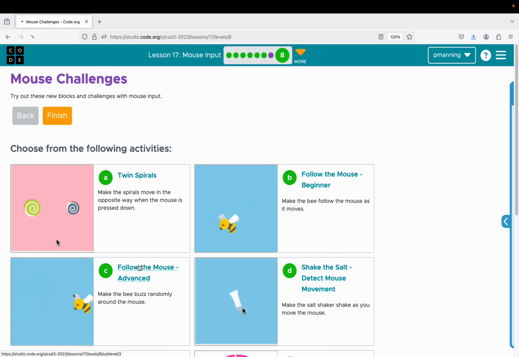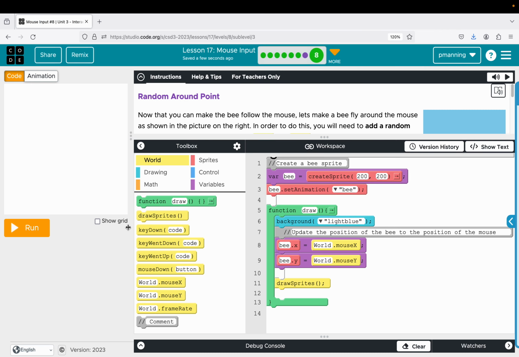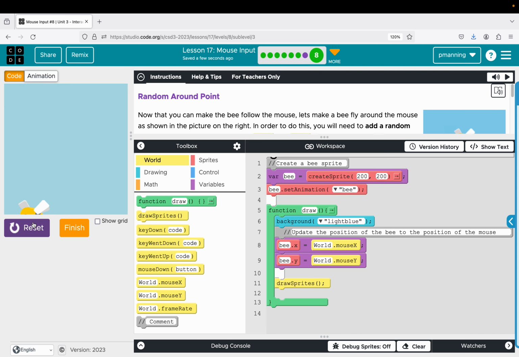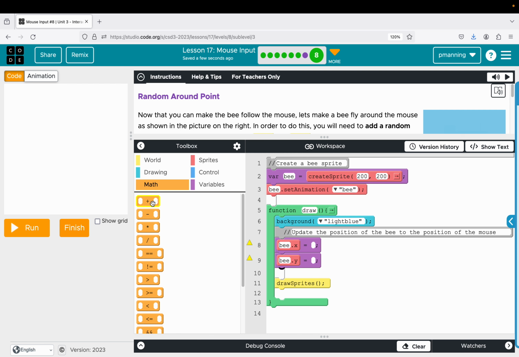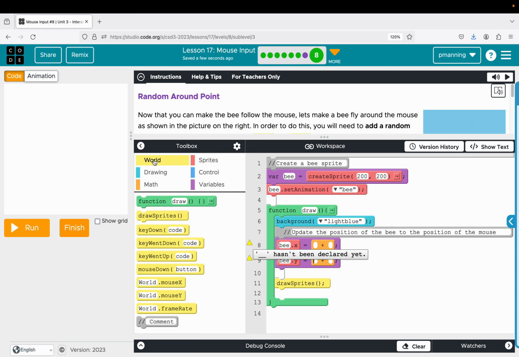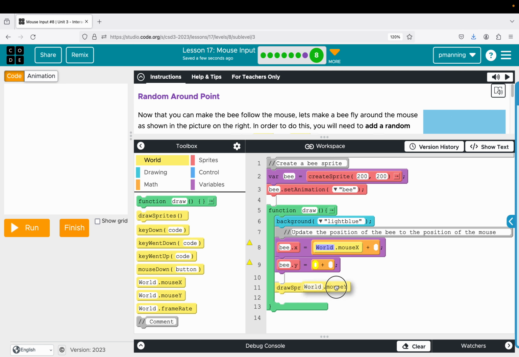All right, the follow the mouse advanced. So making it buzz around to give a buzzing action, we instead want to include some random numbers. So we can fix that, go to a plus and minus, and we'll still use the world mouse. So we'll do a world mouse X with the B's X, a world mouse Y,